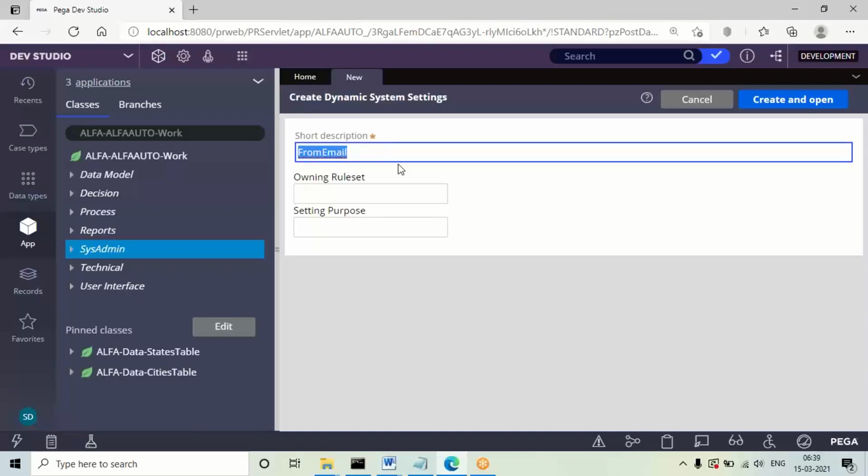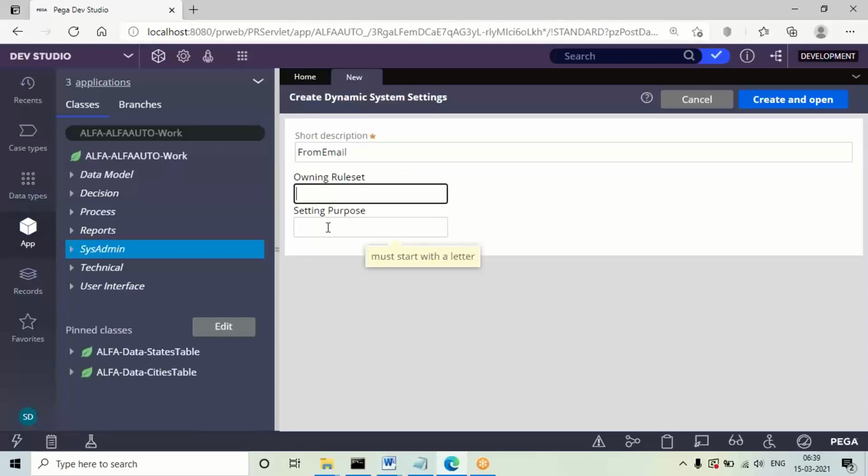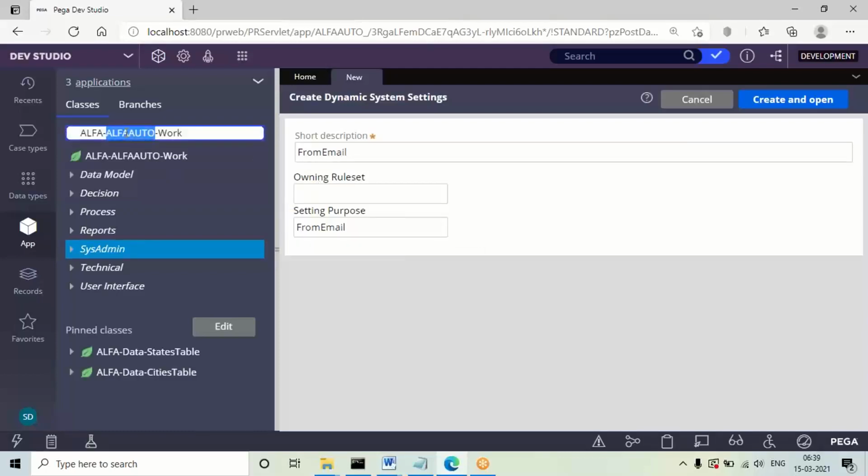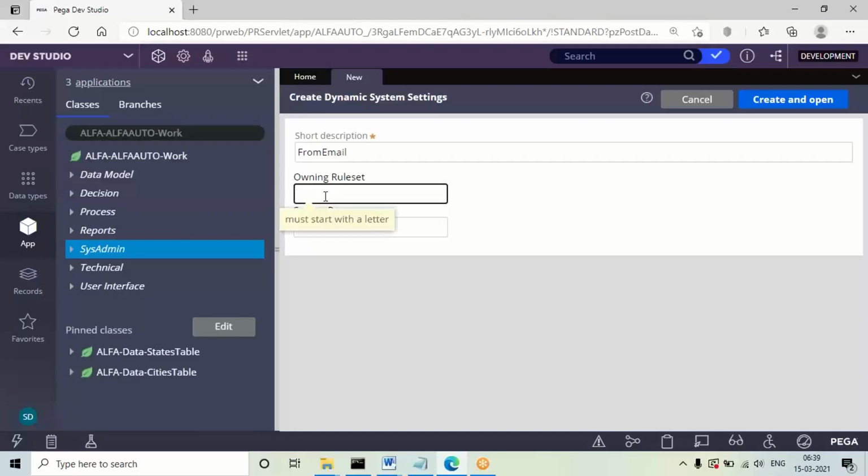Okay, first of all, provide some name, and it will ask for the rule set name. In your application, if you don't know your rule set name, your division name will be the rule set name. So copy the same division name as the rule set name. That is the same as your division name. So click on open.